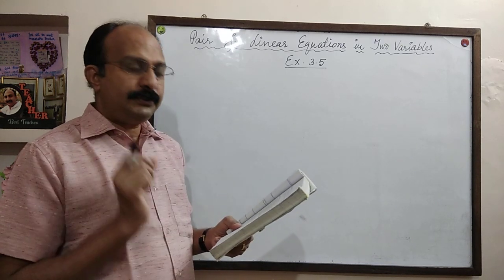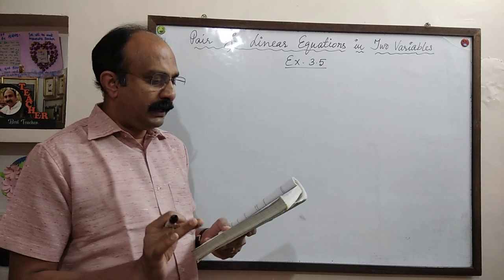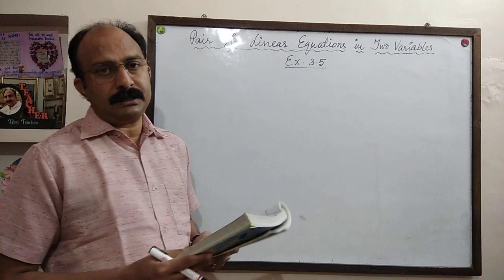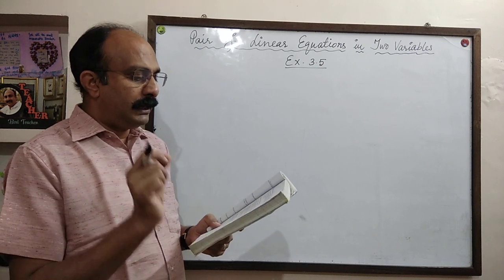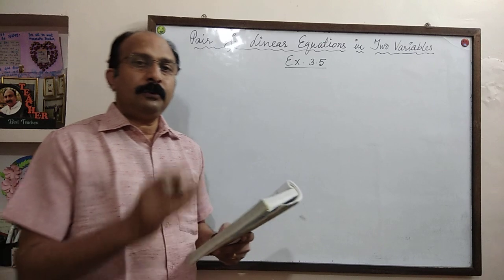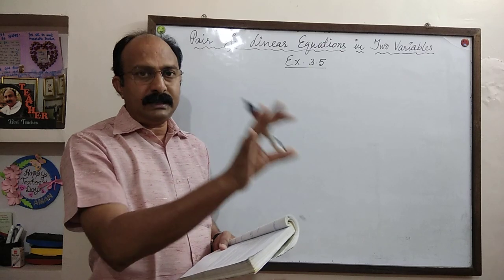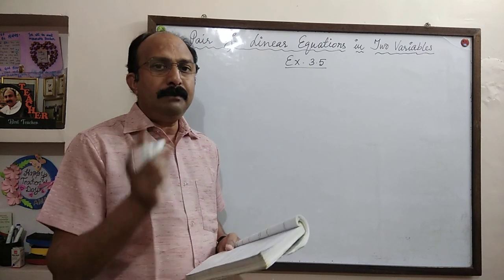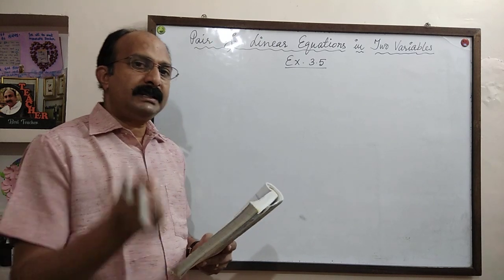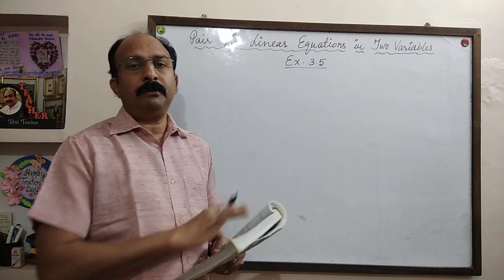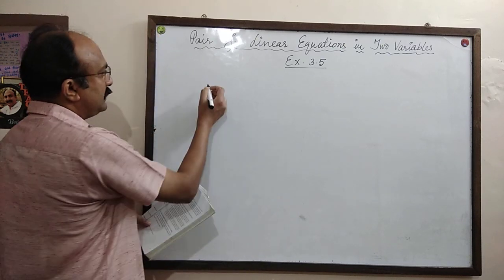It is given that when a student A takes food for 20 days, she has to pay rupees 1000 as hostel charges. The total hostel charge for 20 days is equal to 1000 rupees. So what all comes in 1000 rupees? A fixed hostel charge which can be taken as X and the daily mess charge Y rupees. If the daily mess charge is Y rupees, what is the mess charge for 20 days? 20Y. So what is the total hostel charge? X plus 20Y. So the first equation is,